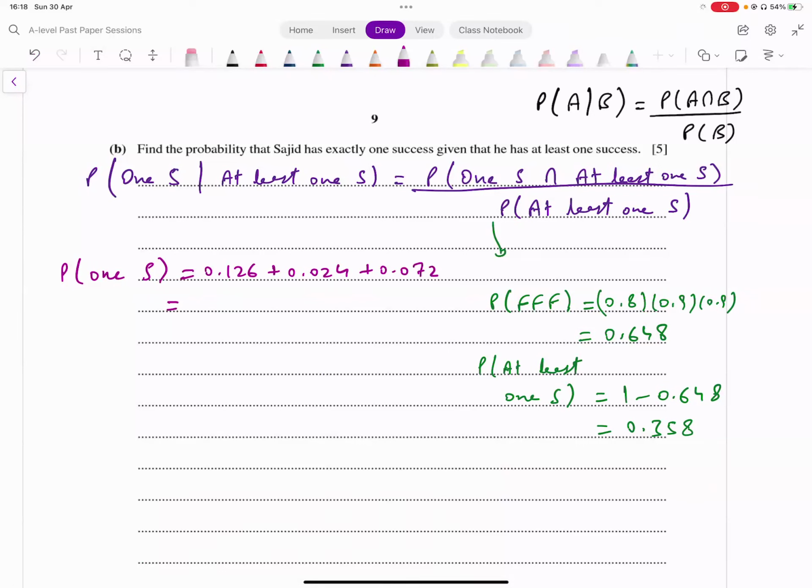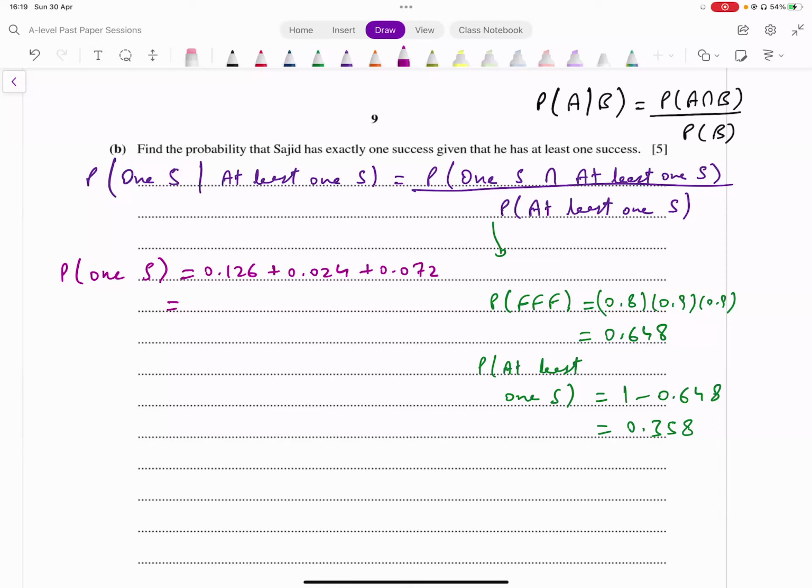Let's add these three together and see what that gives us. Okay, so this is giving me 0.126 plus 0.024 plus 0.072. That seems to be